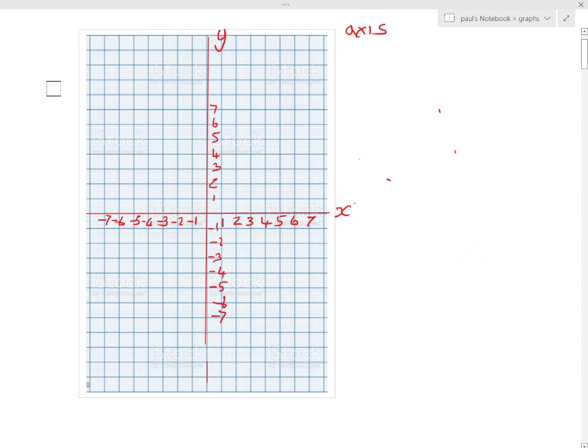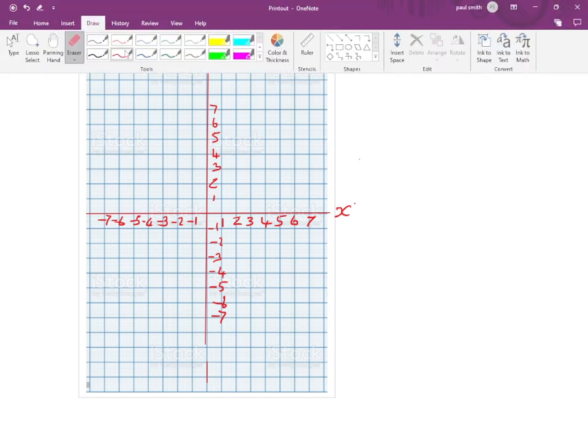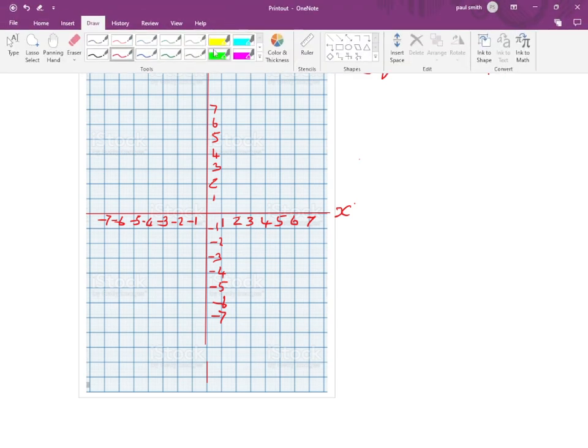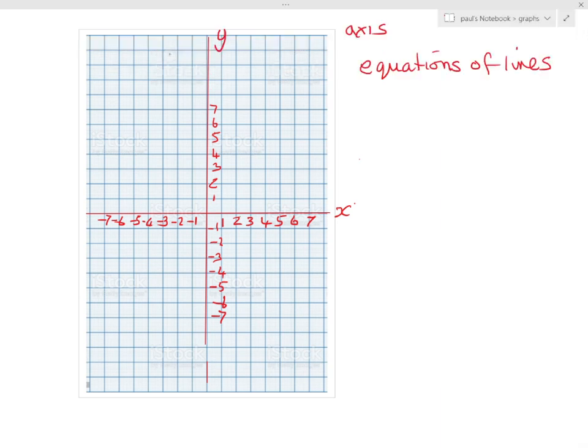Now, what's the next thing we're going to do? Right, so the next thing is going to be equations. Equations of lines. Now there are some very straightforward ones we need to remember. We would have to identify them. I'll do it in green, and